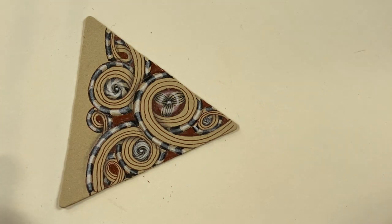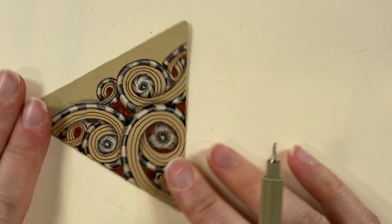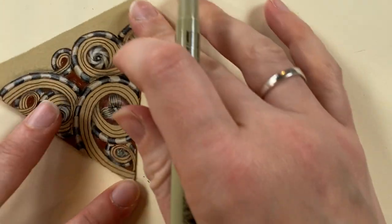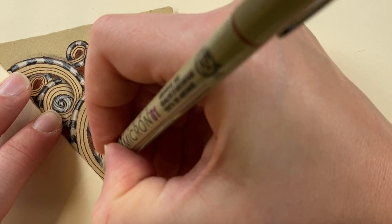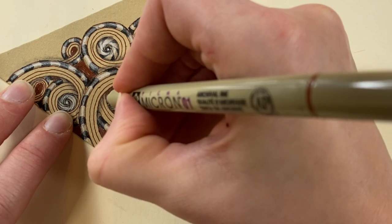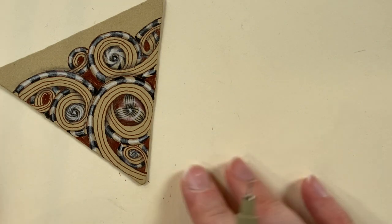And the next step is I'm going to pick up my brown micron. Again, we're going to add another layer. I'm going to go back to the lines that are heavily shaded, and I'm going to redefine those lines to make them a little bit bolder. So if you want to watch me, like this first line here, I'm going to go over it again, around the orb,